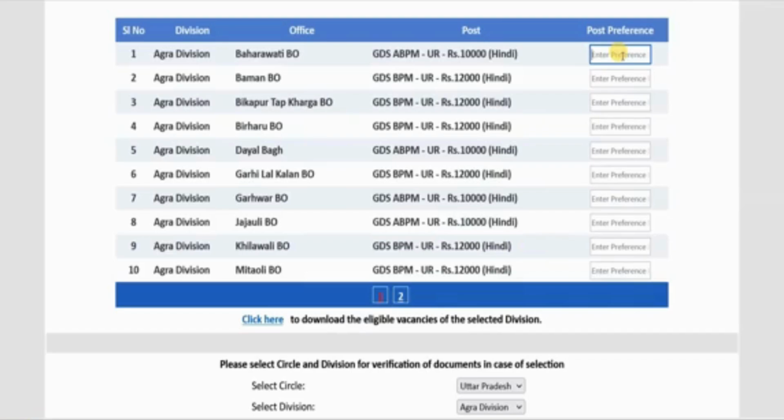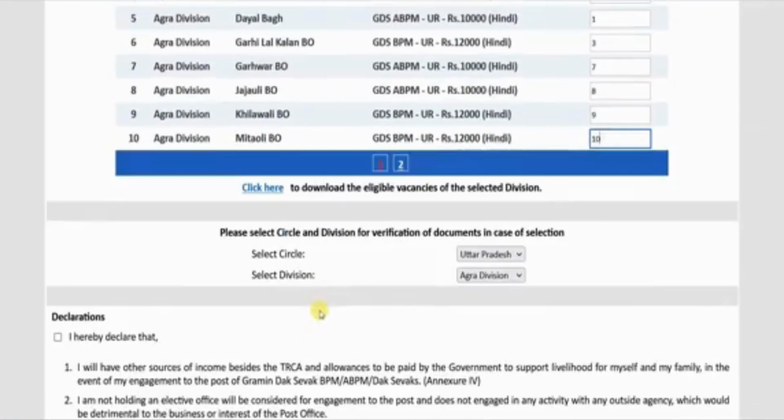Here you have to select the preference that which you want to take. So whatever is nearest to you here, you can take it. As I live in Kamranagar, Diyal Bagh is near me. So I set it according to me. 1, 2, 3, 4, 5, you have to set it like this. You don't have to watch the whole video at all. Take care of this thing.